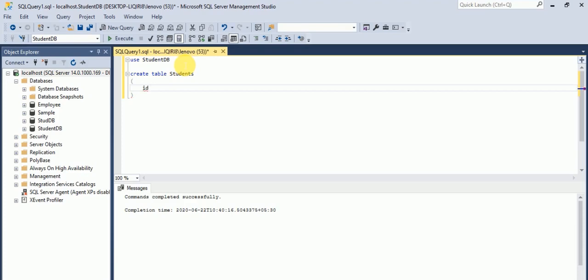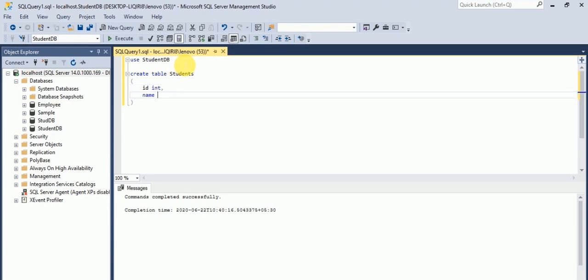After the ID, I have to specify the data type, in the same way you specify the data type in a programming language like int a. Similarly, we have to specify the data type here also. Here we have different data types like int, float, varchar for strings, and character. For ID, mostly it is a numeric value, so we'll have int as the data type.